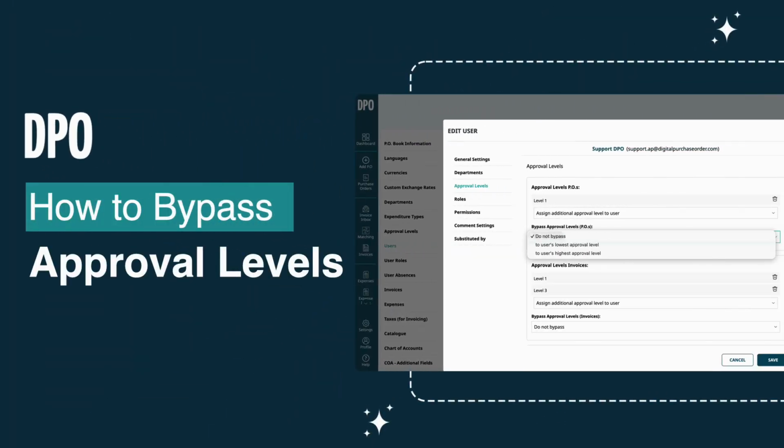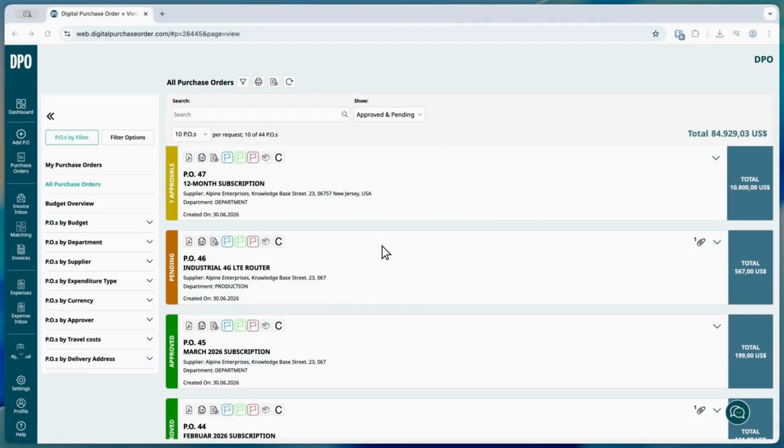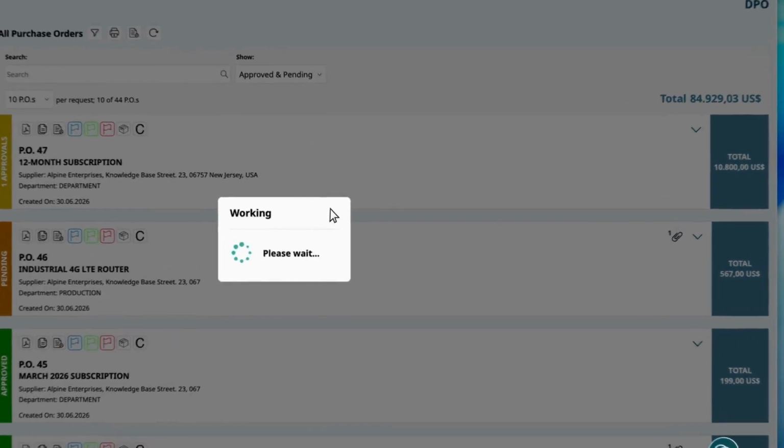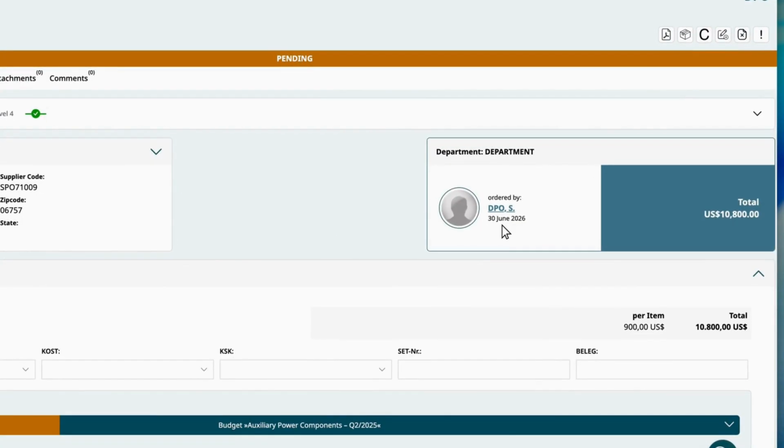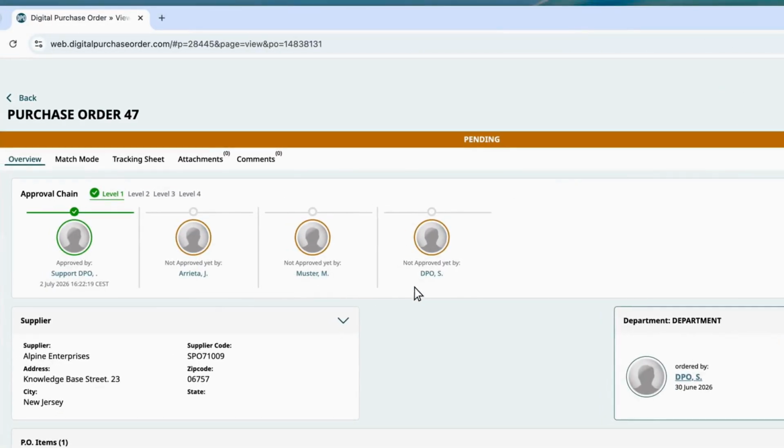This is a quick introduction to the bypass feature. The bypass feature is useful for high-level approvers who create their own purchase orders, invoices, or expenses. Instead of waiting for approvals from lower approval levels, the document can automatically be routed directly to your own approval